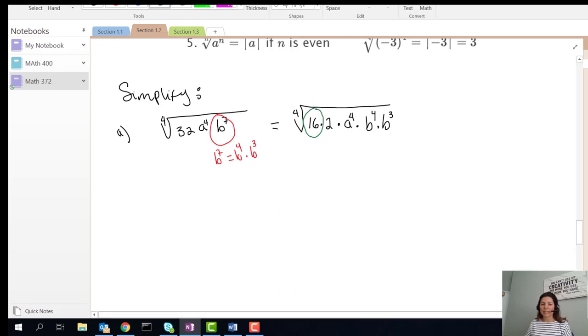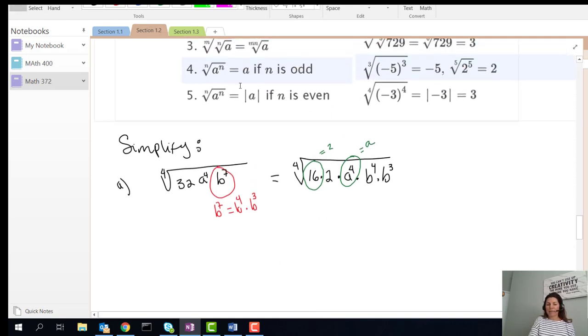So the fourth root of 16 is 2. The fourth root of a to the fourth is a, as stated in the property above, right? The nth root of a to the n is a. And in this case, because it is an even root, you could even say it is the absolute value of a. And the fourth root of b to the fourth then is going to be the absolute value of b, because it's even. So I'm going to have 2 times the absolute value of a, the absolute value of b,